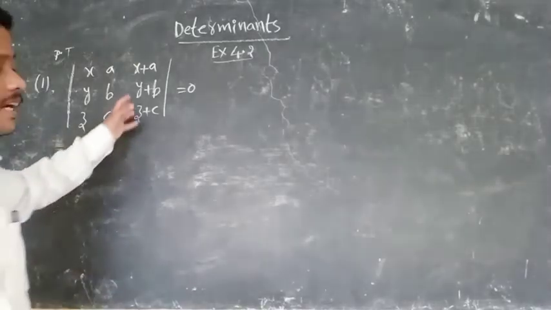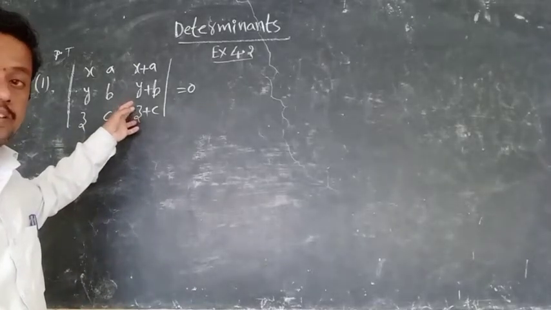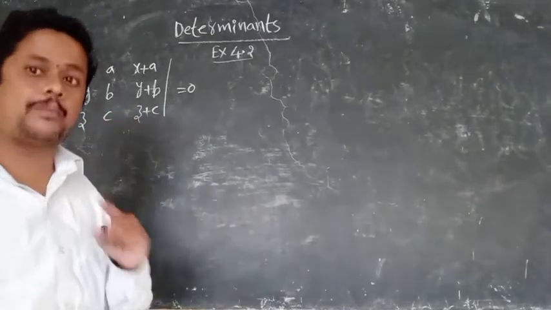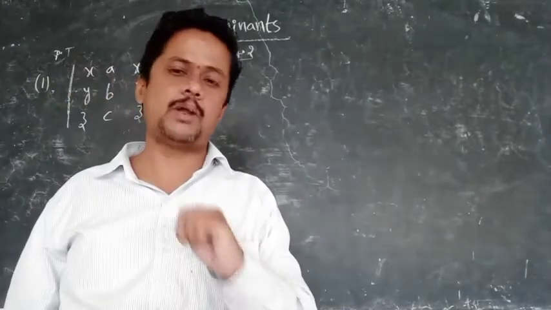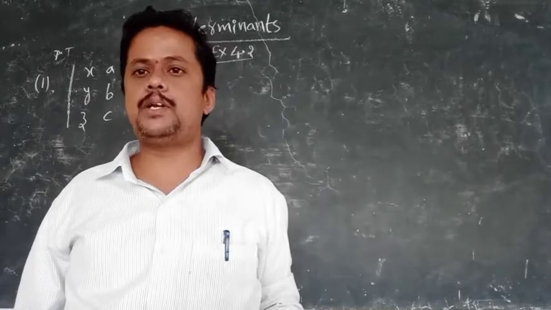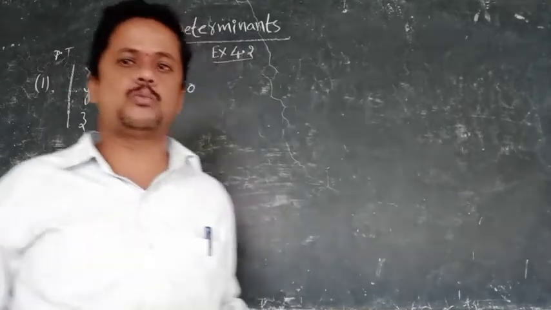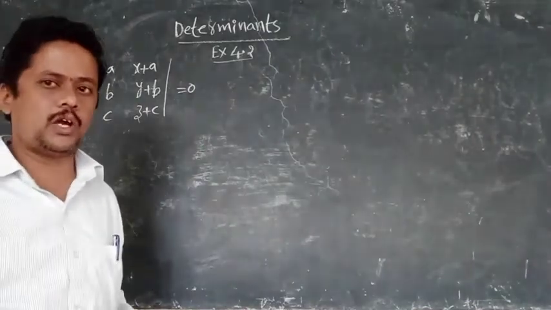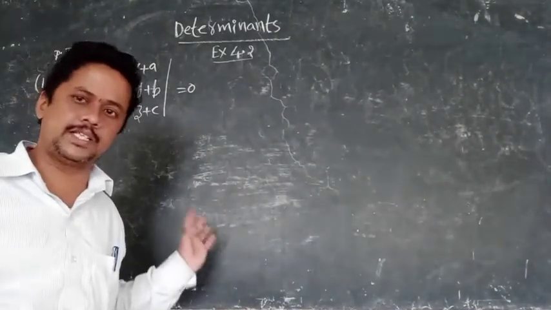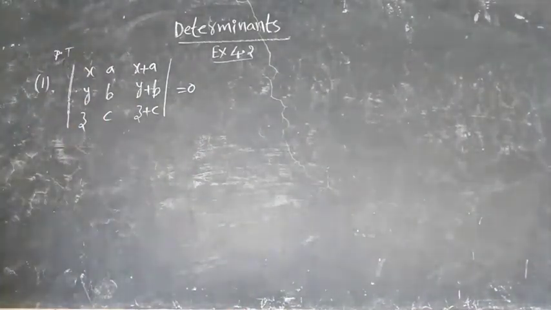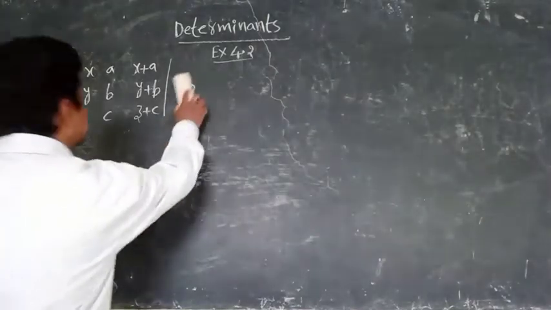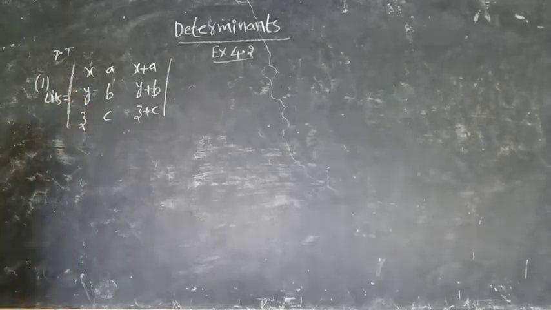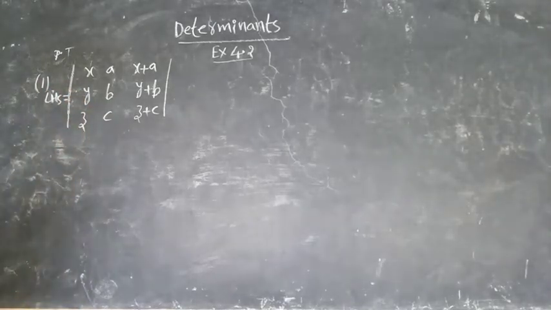You can easily calculate the determinant by expansion. No, not like that. You have to do it using the properties of determinants. So we have 6 properties now. Using the properties of determinants, you have to prove that this value is equal to 0. All the coming problems will have to be done like that only. See, let us consider LHS. So this is LHS.